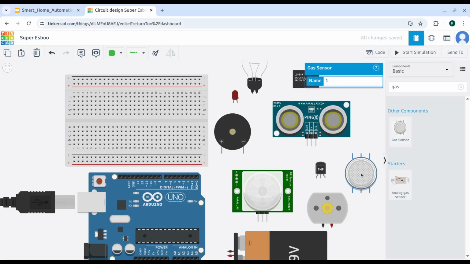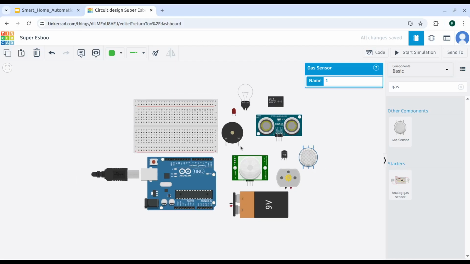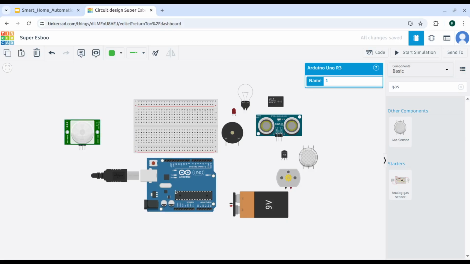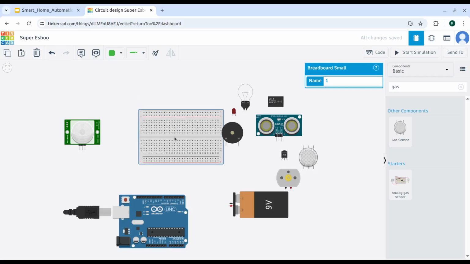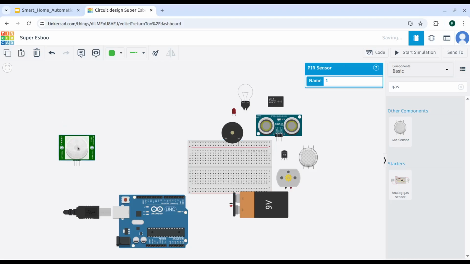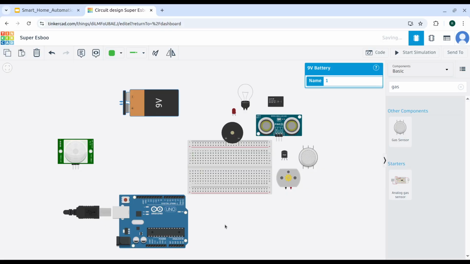Yeah, let's do the connections. Before that, place components properly. So yeah, I'll place this here, and breadboard, this is battery,